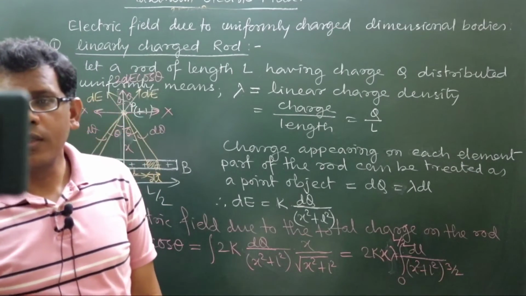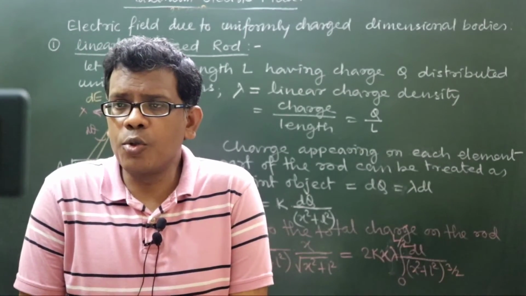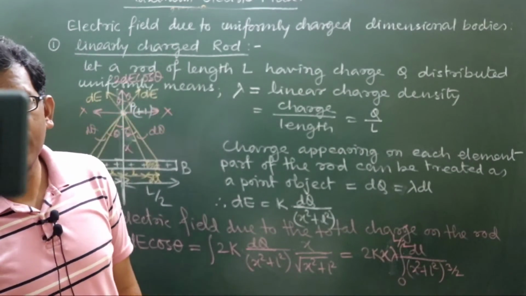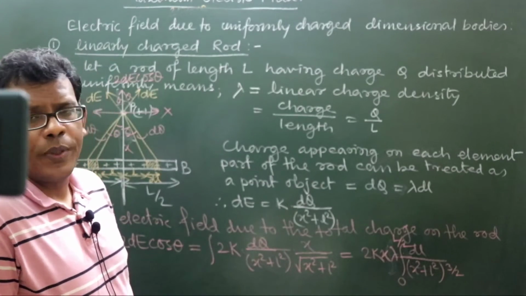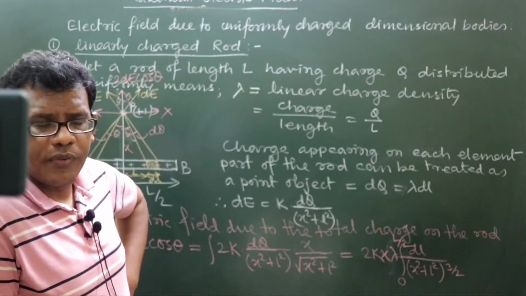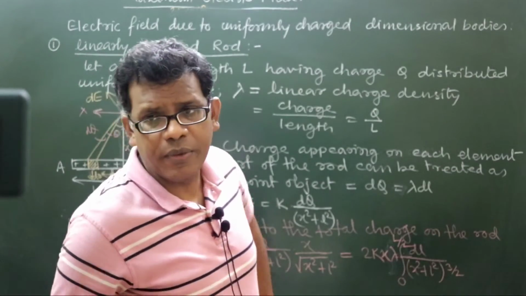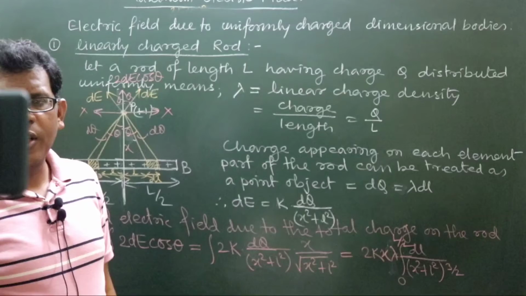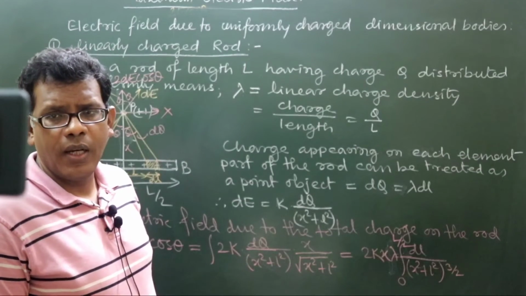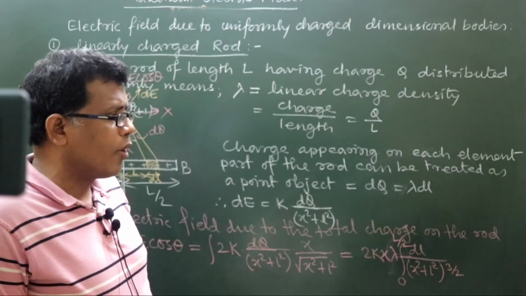Got my point? Now the question arises, how to do this integration? Do you know this? You can see there is a degree difference of 2 between the functional terms available in the numerator and denominator. The numerator is independent of the variable l and the denominator is of power 2.